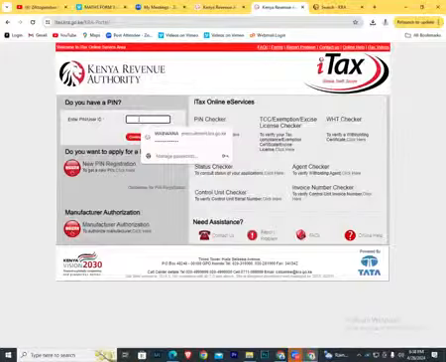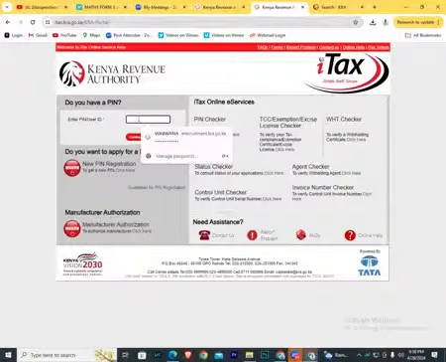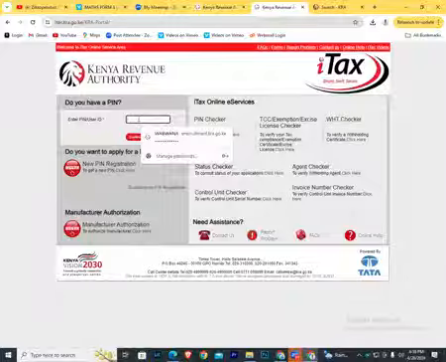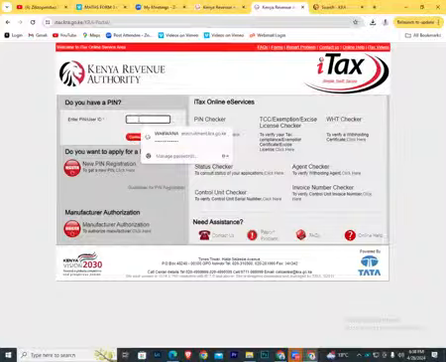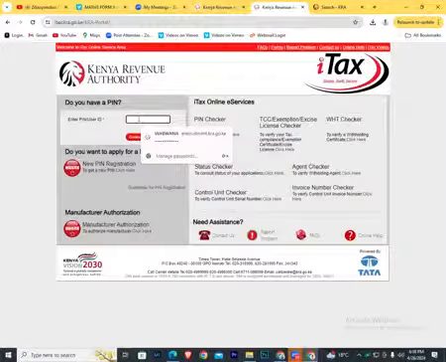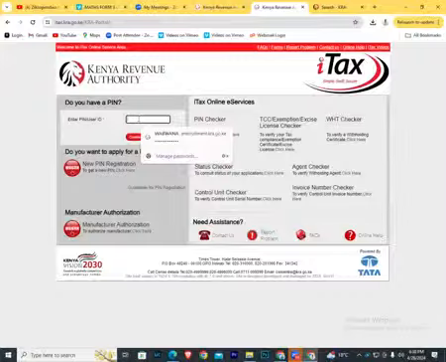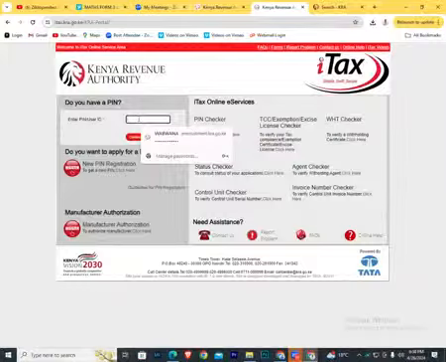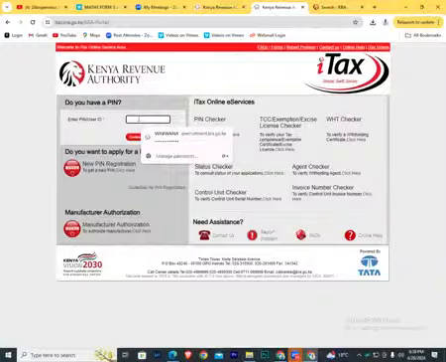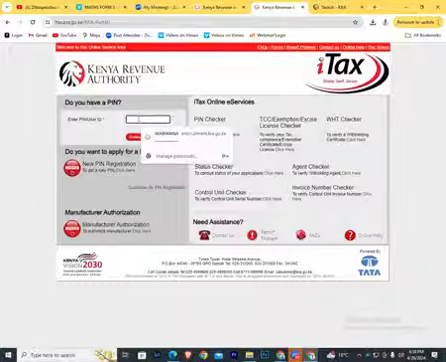Now, for non-individuals, I'll show you how to register an individual for a PIN, somebody who has never registered for a KRA PIN. Number two, I'll also show you how to register a non-individual. For example, a church, a chama, a self-help group, an organization established as a charitable institution, as we learned in advanced taxation, for example, a charitable institution that is catering for the welfare of children, or for the welfare of the elderly. We'll see how we can register them for a KRA